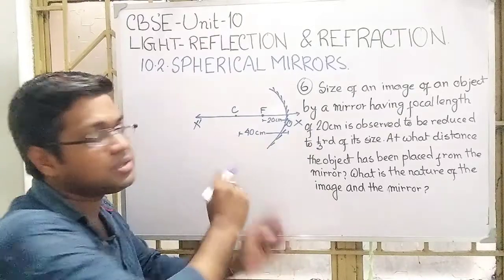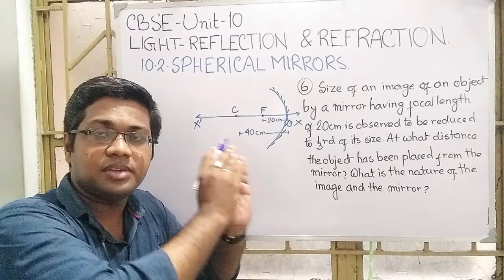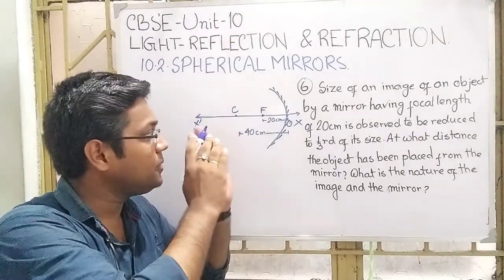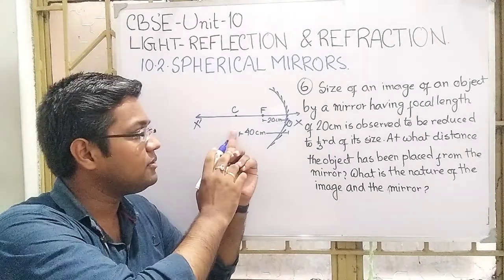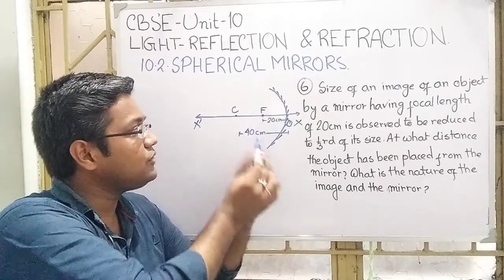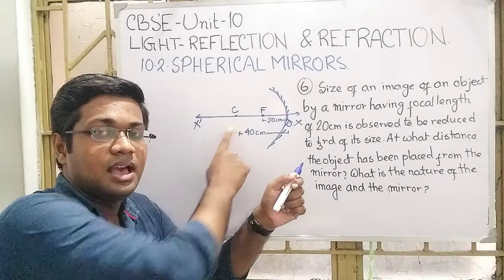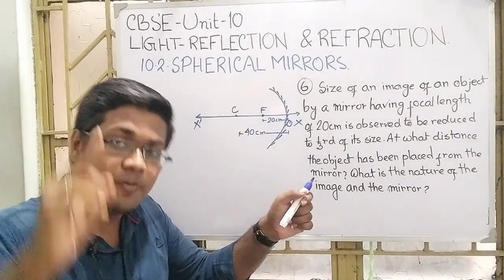If I want to say the same thing in terms of numbers, if we place the object between infinity and 40 centimeter, in that range the image will be formed between F and C, and we will get a real image, and that image is an inverted one,